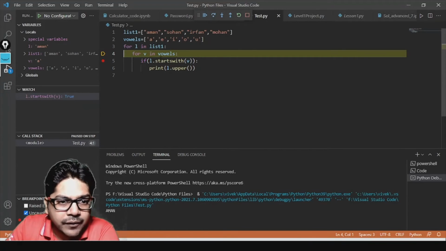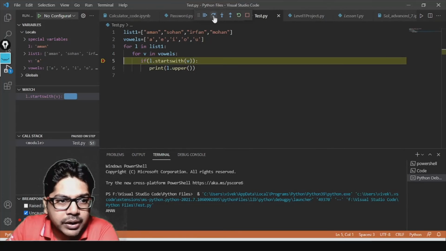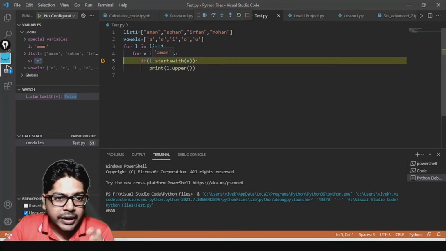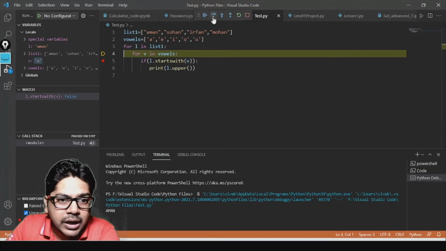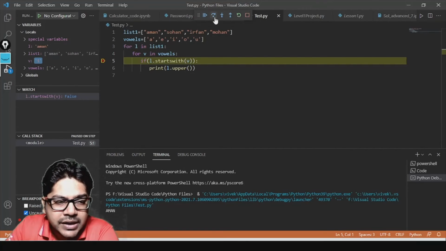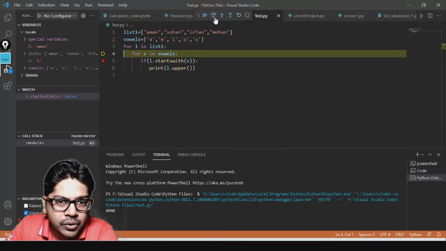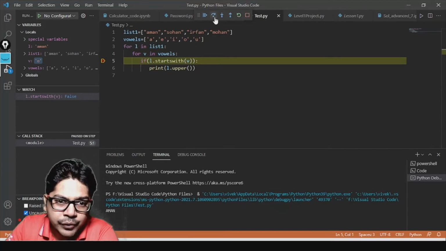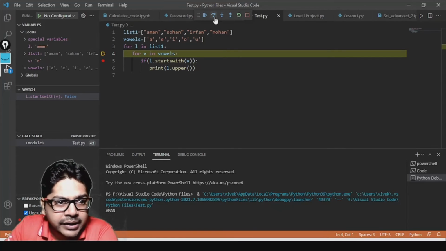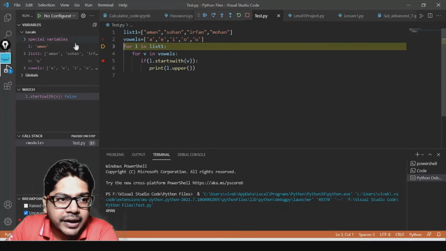Now it is a nested for loop, so it will go inside the lower loop. So now we will point to Sohan. Sorry, it will go into the inner loop, right? So A is now pointing to E. Does Aman start with E? No. Does Aman start with I? No. Does Aman start with O? No. Does Aman start with U? No. So now it did everything, and then it will go and increase the second, it will point to